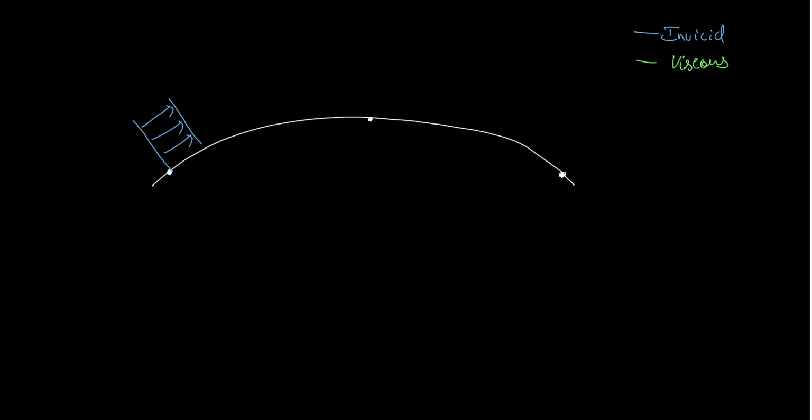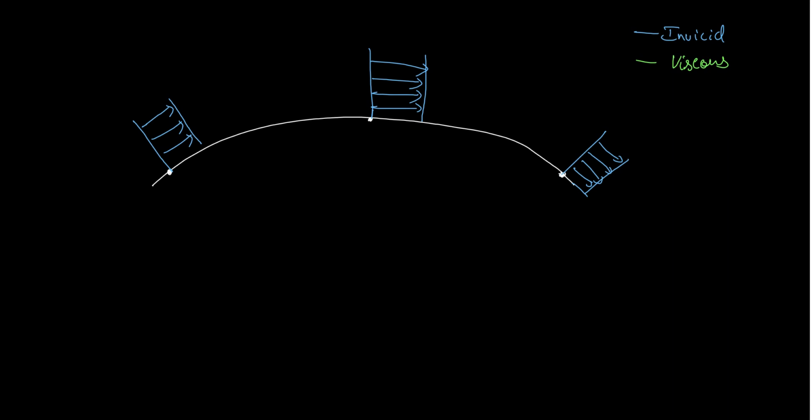And here, since it's a curved surface, the flow will accelerate, similar to what we observe in an airfoil. We'll have a higher velocity here, but it will still be uniform. And similarly, since this is symmetric, we'll have the same velocity as we had in our first point. So this is fairly reasonable for an inviscid case, right? Let's now look at what happens when we have a viscous case.